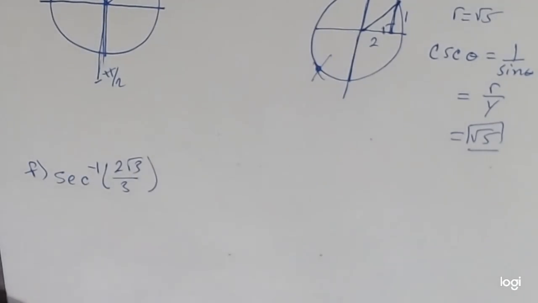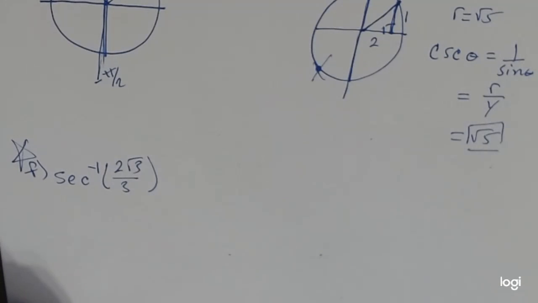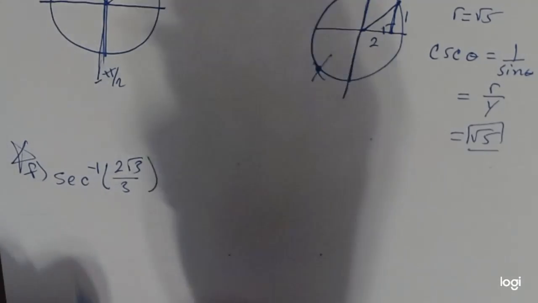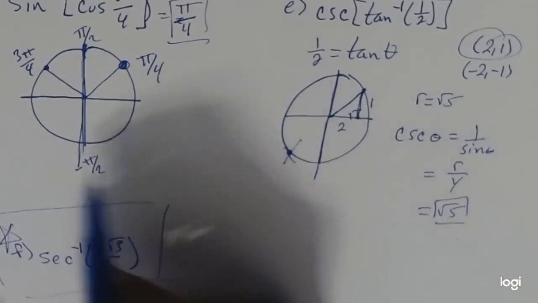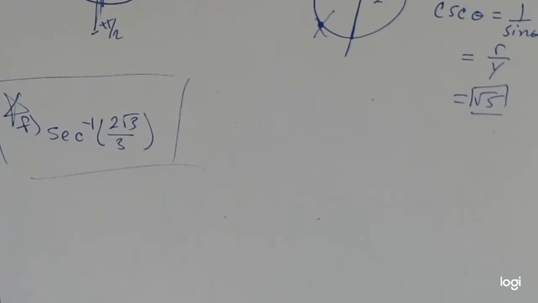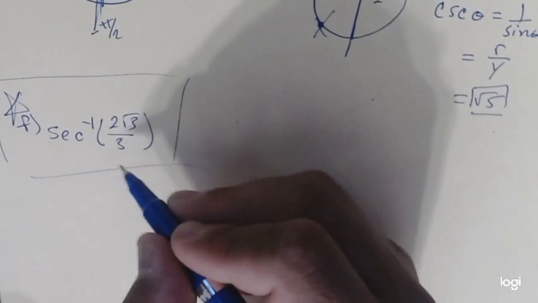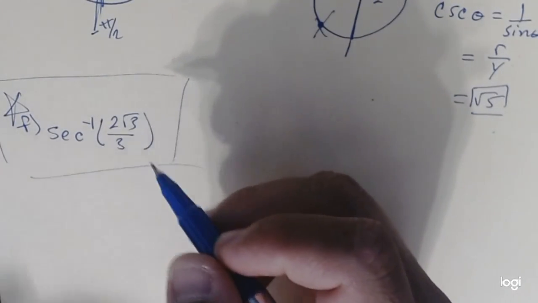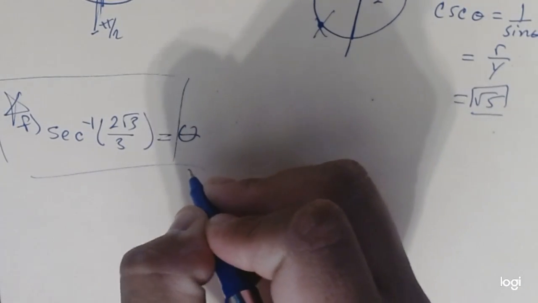over 3. Okay. Now, this actually is a fun question. So you're not actually going to see this elsewhere, but it's just a fun little one so you can see what's actually going on in these cases, okay? So you can think of this as a little trick question, okay? The rest of them are going to be pretty straightforward, and that's what you want to do for these sections. This one, however, shows you where the flaw comes into play with this stuff, okay? And we'll talk about this. So there's no triangles here right now, but let's see what's happening. So this is equal to theta, right? So therefore, if I convert this,